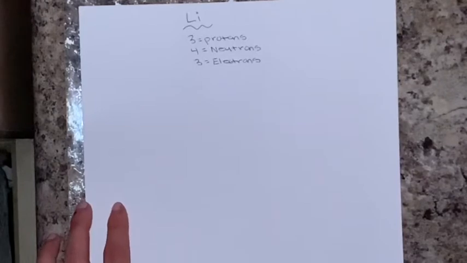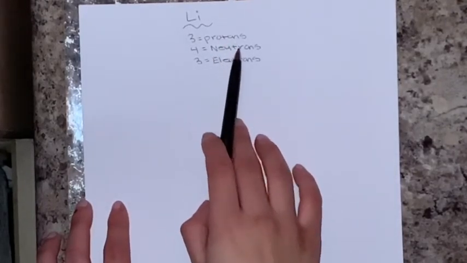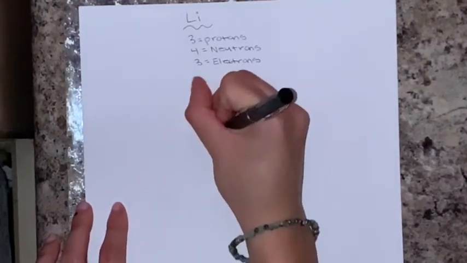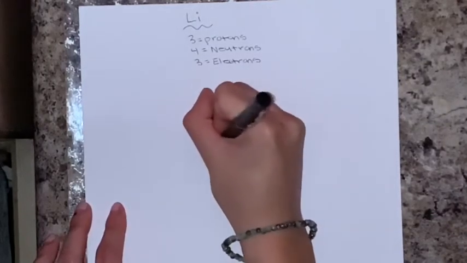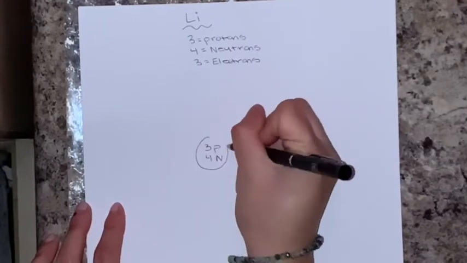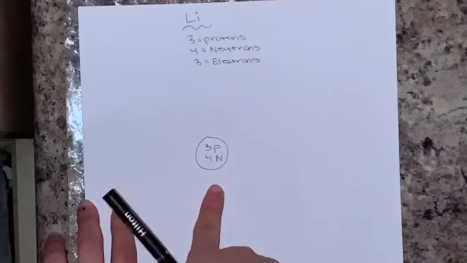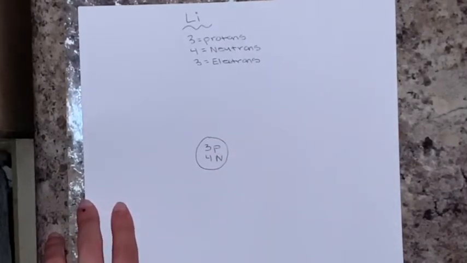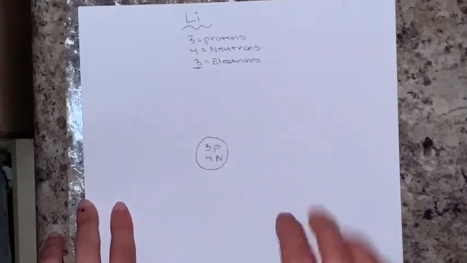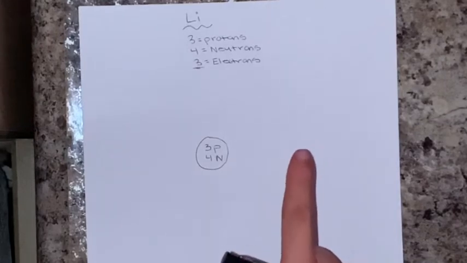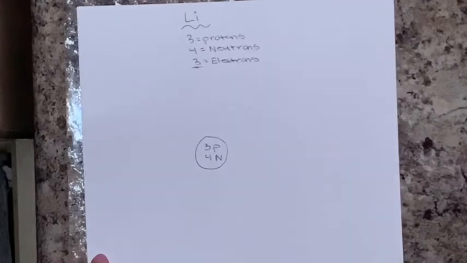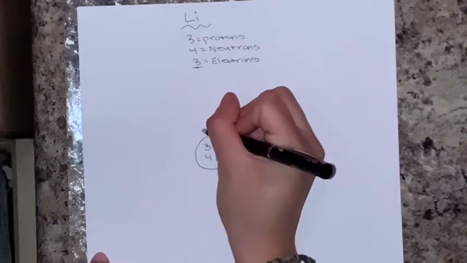And so the first thing we want to do is write the number of protons and neutrons in the nucleus, which is in the center. So we're going to put 3p for protons and 4n for neutrons, and here we're doing a circle representing the nucleus, which is in the middle. And we have 3 electrons, so we're going to distribute these electrons in the orbitals, and the first orbital can fit only 2 electrons. So we're going to draw the first orbital,